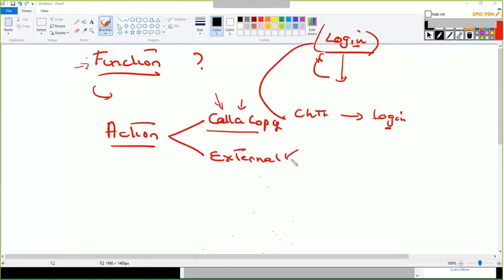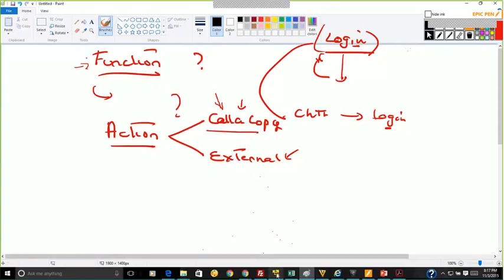Or you are sending a read-only file and saying, just read the information, I'm not going to give you the original file for editing. Now you decide what you want to give.